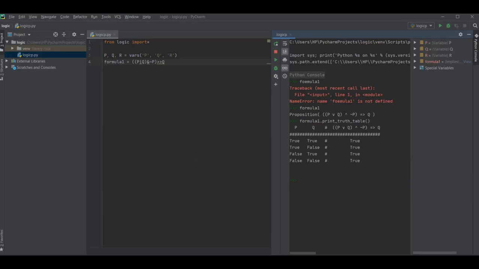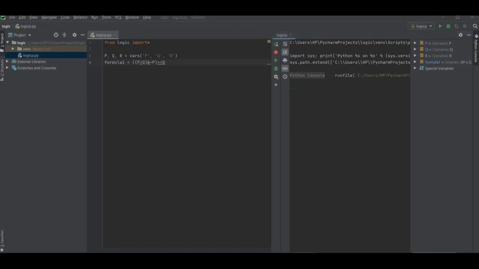To check whether in every row this formula is true, we use the tautology method. In our truth table, when all the outputs turn out to be true, that is termed a tautology. Now we can use this method to check formula 1.